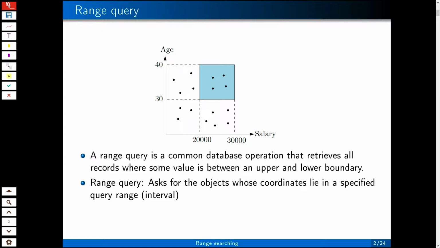And the objective is to pre-process the input data, so that when a query rectangle comes, what is a query rectangle? In this context, the query rectangle is something like, give me the record of all employees whose salary is between say 20,000 and 30,000 and age is between 30 and 40. This is a typical range query,